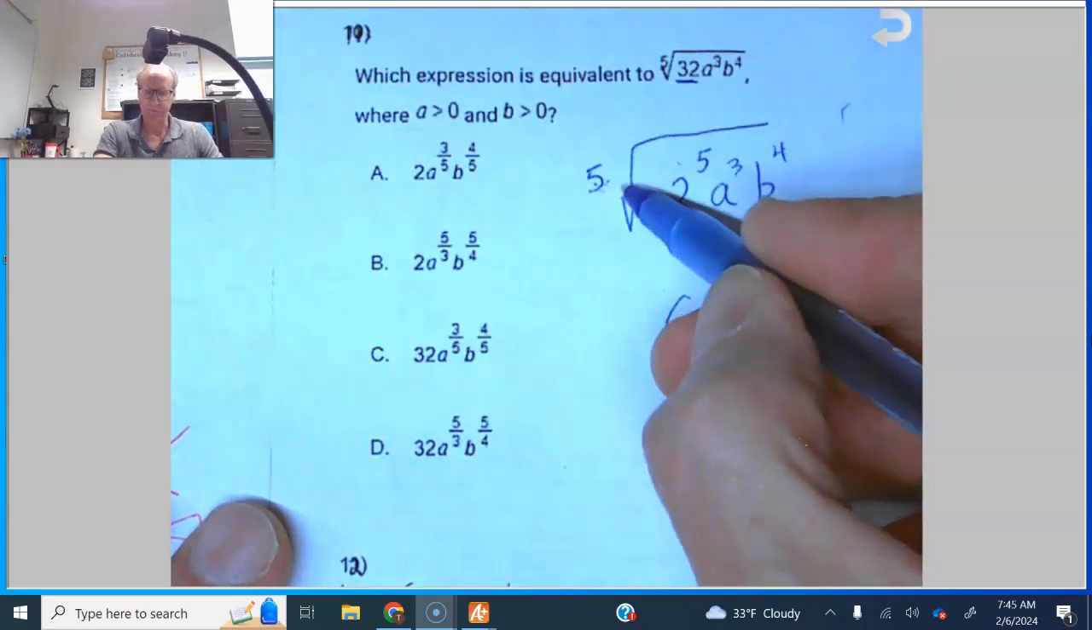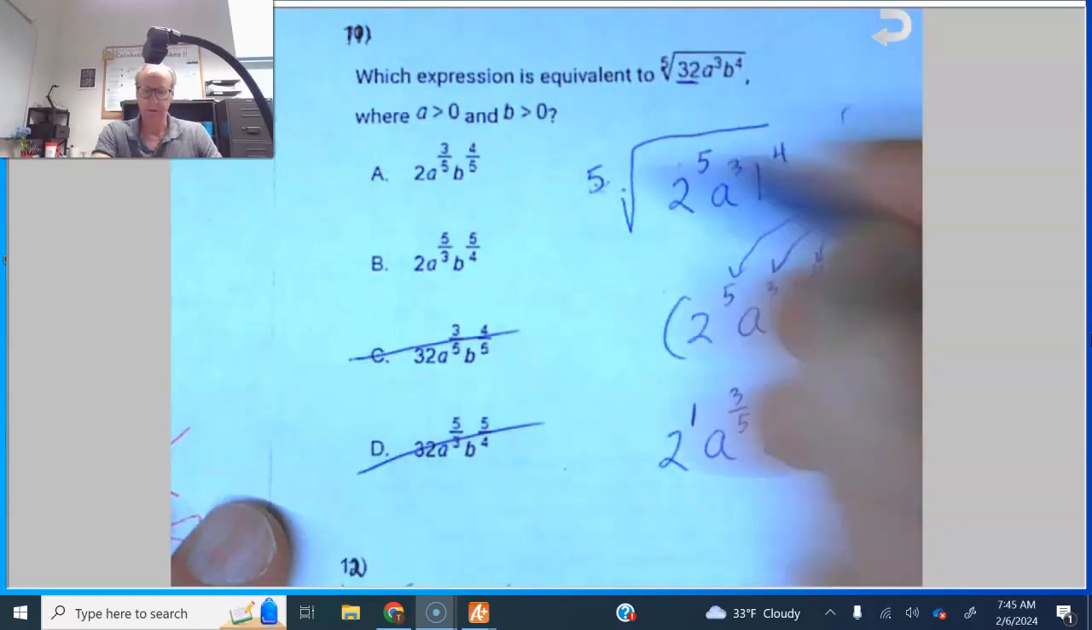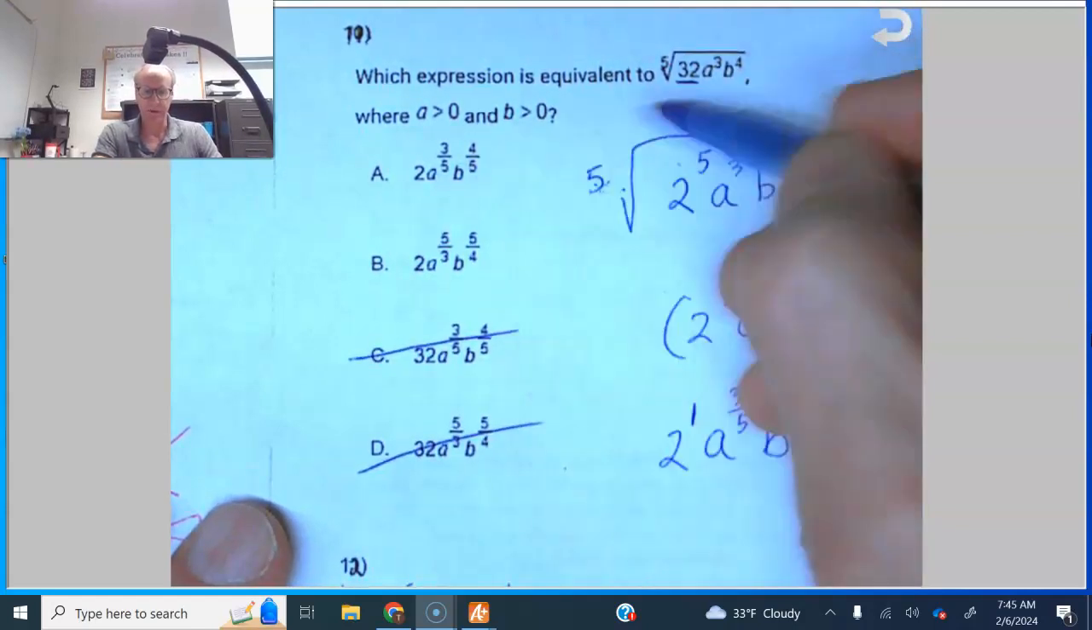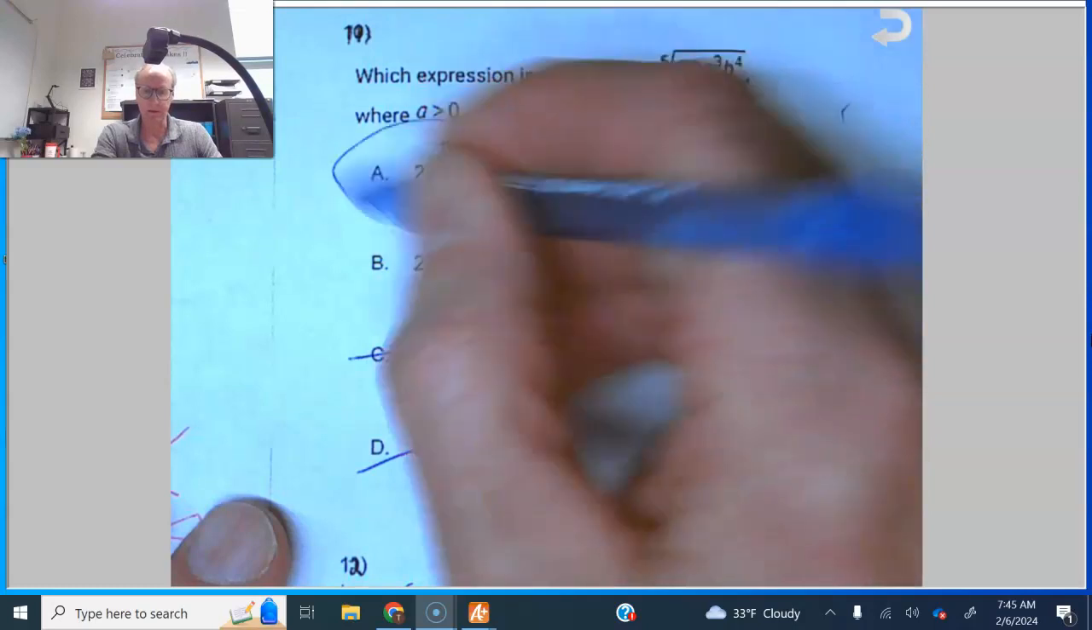Clearly, if you take a 5th root, you're not going to get the 32. You are going to get the 2, and this one is the one we're looking for right there. Anyway,